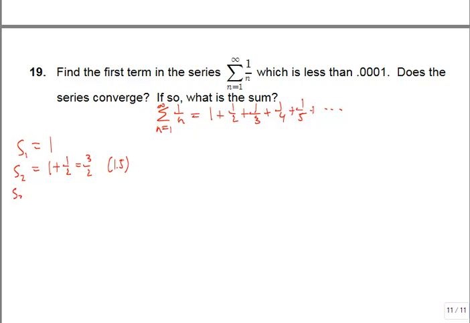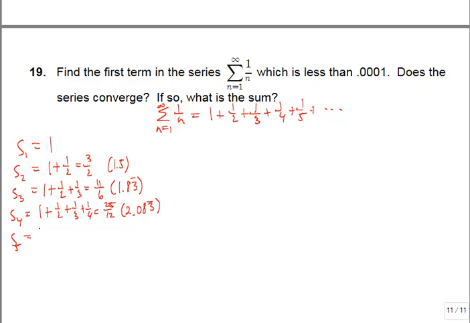The third partial sum will be 1 plus a half plus a third, and if you get a common denominator there, this is 11/6, which is 1.83 repeating. The fourth partial sum is 1 plus a half plus a third plus a fourth, which is 25/12, and that's 2.083 repeating. The fifth partial sum, 1 plus a half plus a third plus a fourth plus a fifth, is 137/60, which is